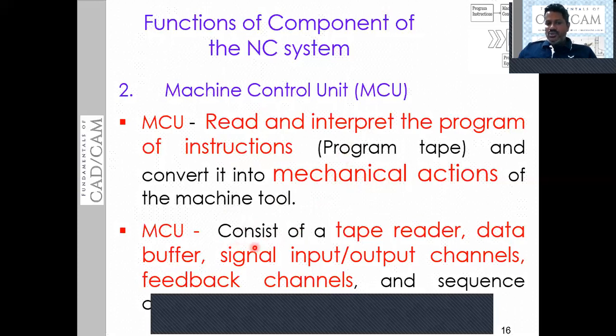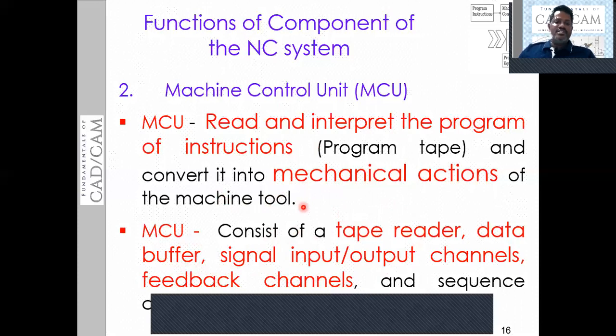This machine control unit consists of a tape reader. As I said just now, to read the program, it requires the tape reader. After reading the tape, the data must be stored in a data buffer. This MCU has one data buffer. After reading the tape, the data is stored in this data buffer. Then the data buffer is converted into a signal, that is, into machine readable form, and that signal is sent to the machine tool.